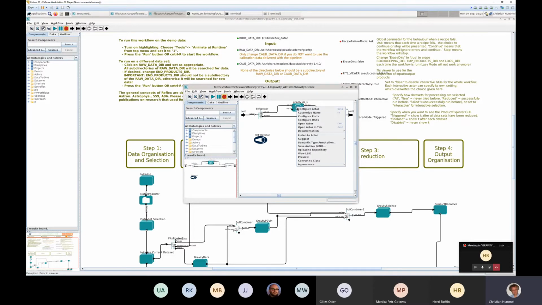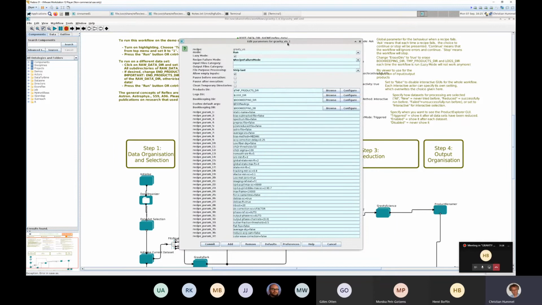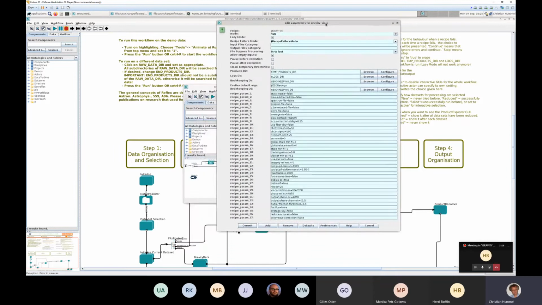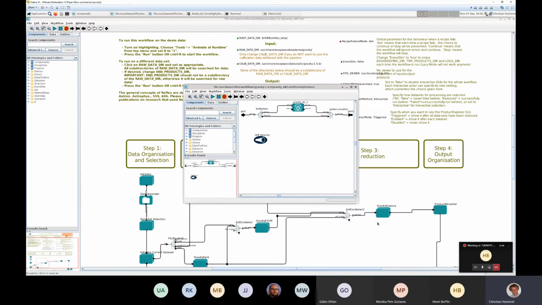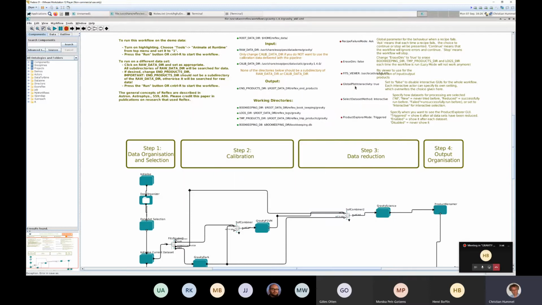So here you click on configure, and then you get this huge list of parameters you can modify, and I think what we will do is we just start the workflow and then open a second window while this is running, and then explain this further to you. Okay, so I click here the play button,